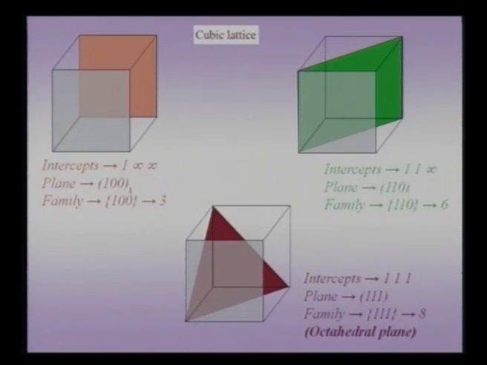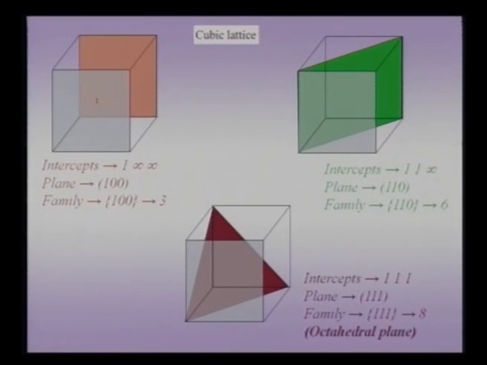Now, a few important things here. Number one is that if I had started off with 0, infinity, infinity, and I had taken the reciprocal, then I would land up with infinity, 0, 0. So, I do not want to do this, and that is why I do not choose this orange plane, but I choose this gray plane, assuming that this is my origin. The origin is situated somewhere here. I choose then this point as 1, 0, 0, as my point on the gray plane,